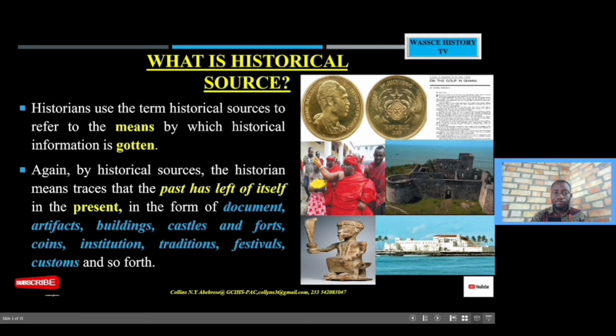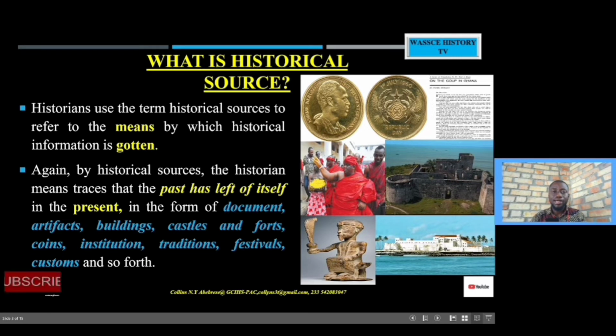Look at this coin, for instance, over here. It has the image of Nkrumah, the first president of the Republic of Ghana. When you look at the inscriptions on the coin, they tell you something significant about that country. And that is what historians are looking for. Something like 1st July 1960, and we have a Republic Day over here. What does that tell you? It tells you that that particular country, Ghana, became a republic in 1960. It also gives you the first president. So you realize that these are sources where we get information for the reconstruction of African history.